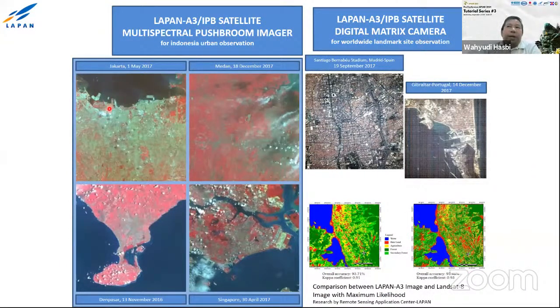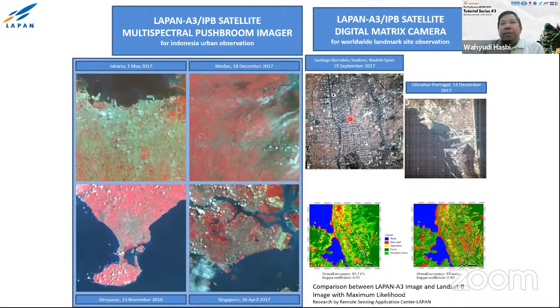So we use our 883 satellite to get an image of Jakarta, for example, here, and other cities: Medan, Denpasar in Bali, and Singapore. From this image, you can see, because this is false color between red, green, and near infrared, that if there is no red here, it means the vegetation is very low. Jakarta is a big city, so we know that the vegetation is low, and we can see it by the color here compared to Medan, for example, or Bali here, right? And then